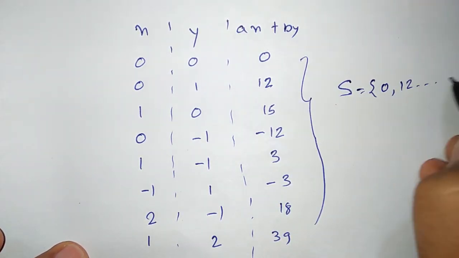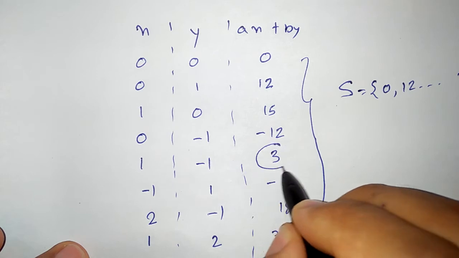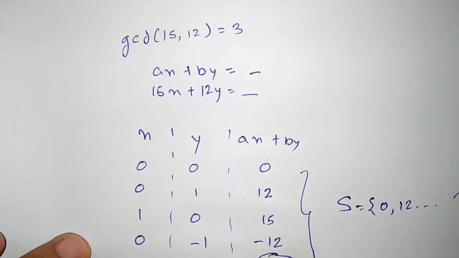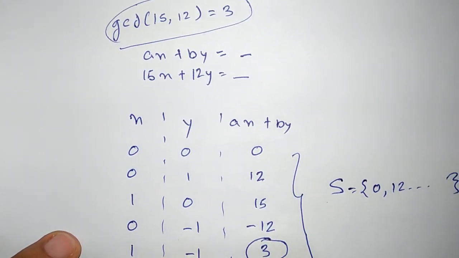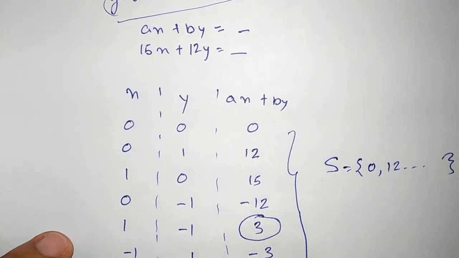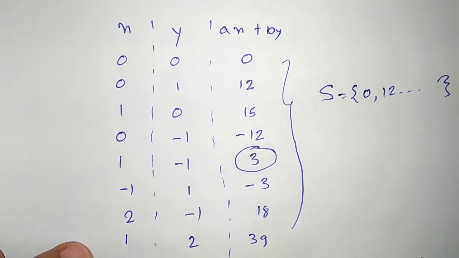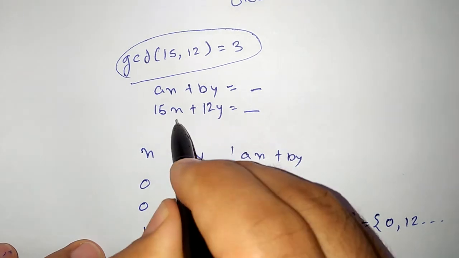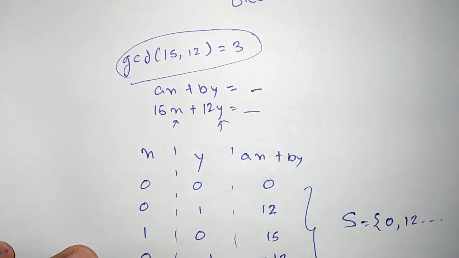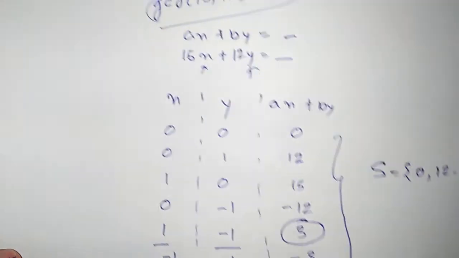So we can see that in this set the minimum number we can produce is actually 3, which is equal to the GCD of these two numbers. So while we are making linear combinations of two numbers, the minimum number we can produce as a linear combination is going to be equal to the GCD of these two numbers. And this identity X and Y, which produces the GCD, is going to be known as